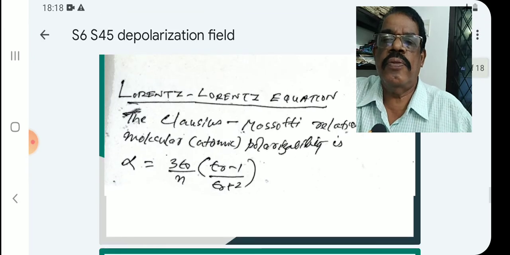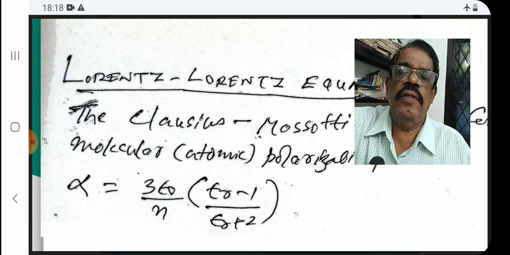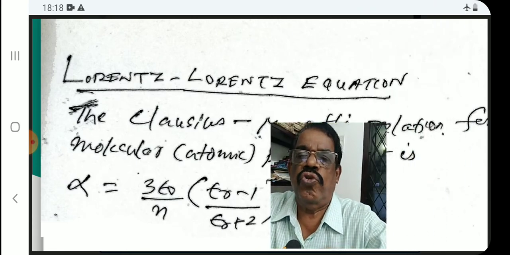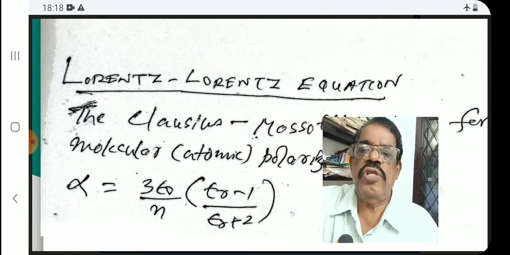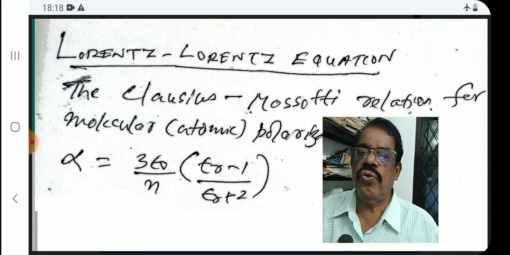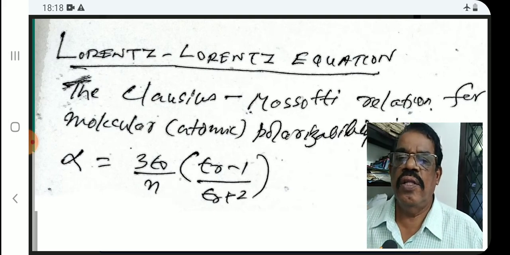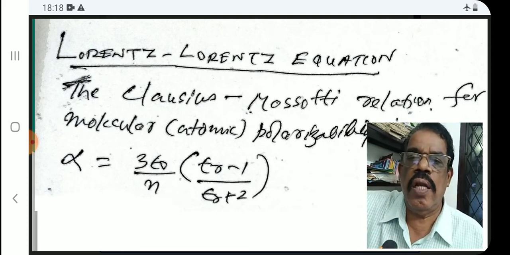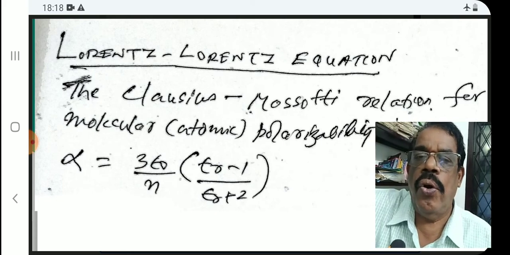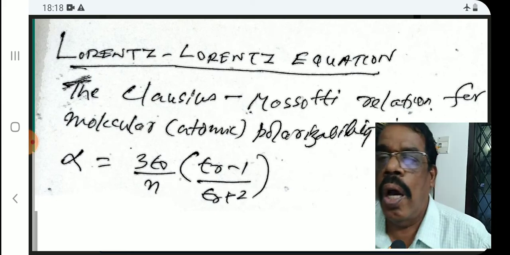Now comes another important equation, which is the Lorentz equation. It is a modified form of the Clausius-Mossotti equation. So the Clausius-Mossotti equation we write first. The Clausius-Mossotti relation for molecular or atomic polarizability is given by alpha is equal to 3 epsilon 0 by